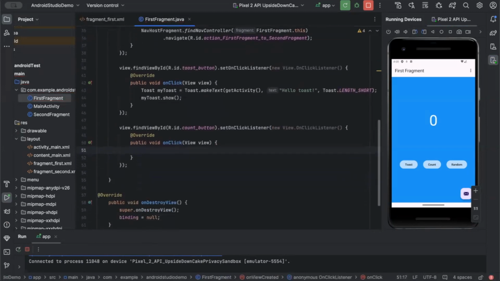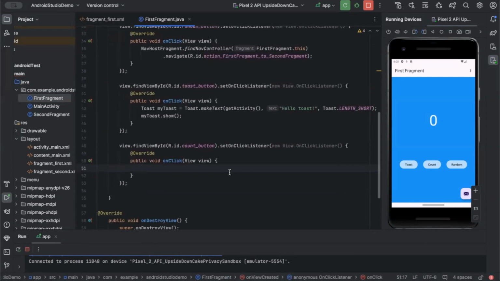But now, instead of writing all of that stuff in there, we're just going to write countMe